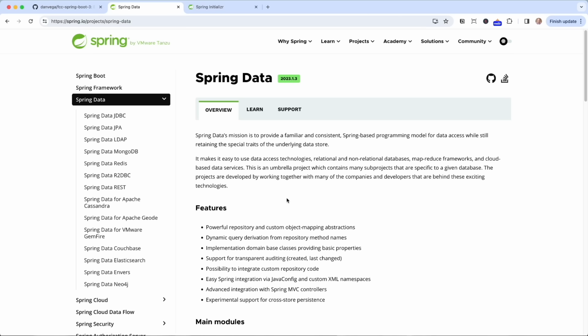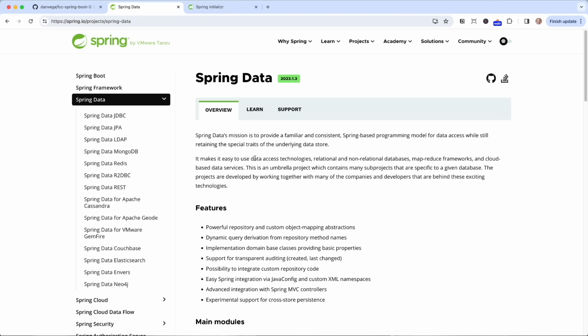Then when you have special needs, like, hey, I have to find all the runs by location, then you can write these dynamic query derivations from the repository's method name. So you can just write, return to me a list of runs, and we're going to call this method findByLocation, and pass a location in, right? So this is really cool. Spring Data has a lot of really powerful concepts. Now, two of the most popular Spring Data projects out there are Spring Data JPA, which is an implementation of the JPA specification, the Java Persistence abstraction. And this, underneath the hood, by default, uses Hibernate. So you might have heard of an ORM or Hibernate before. That's what Spring